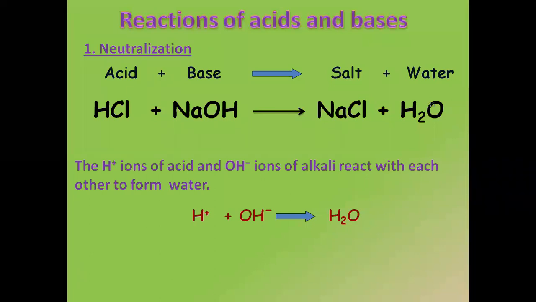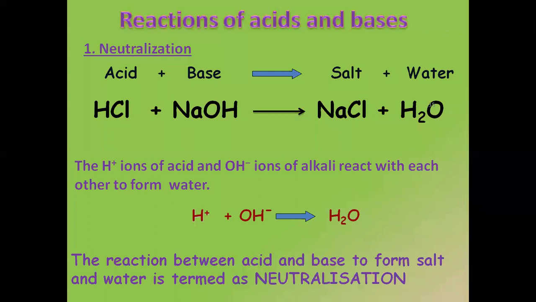And what is the answer to my question? Why did I not write ClNa? Because in any chemical formula which we are representing, we always write the positive ion first and then the negative ion. Did you get my answer, Jay? पहले positive आता है, फिर negative आता है. That is the answer. And then we'll define what is neutralization.